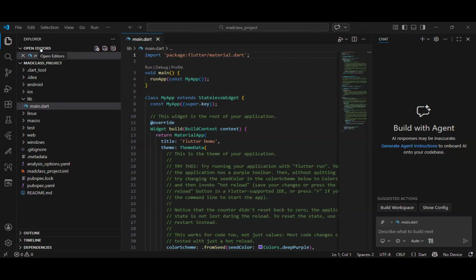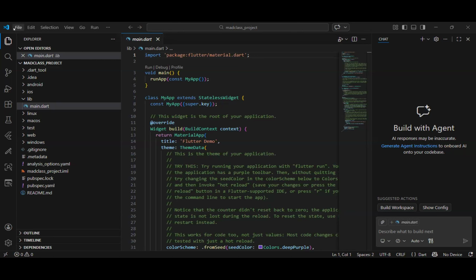Yeah, we can see. And under open editors, what can you see? MAD class project, right? Yes, sir. But that's not what we created. We just created Seiram. So I need to go and pick the Seiram project. That's what we need.